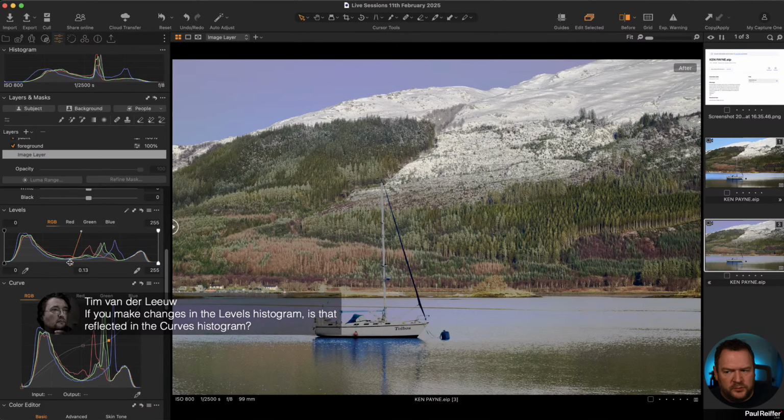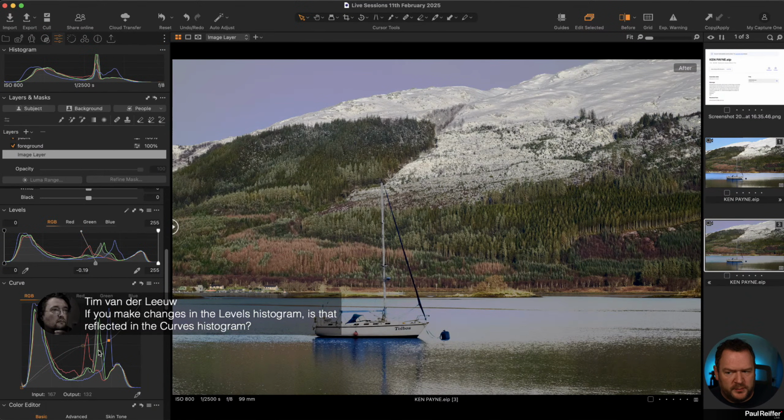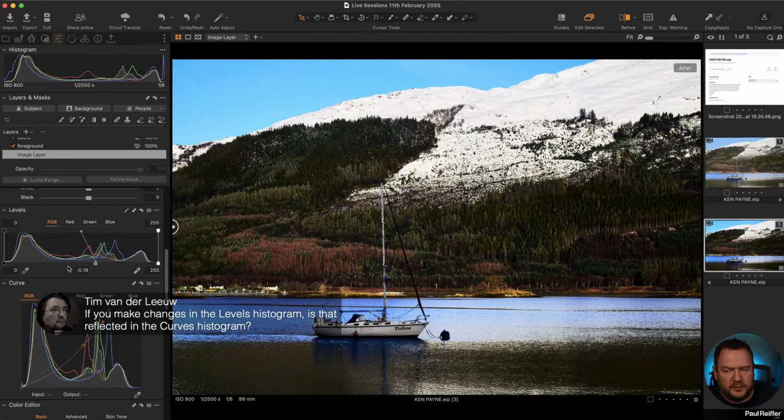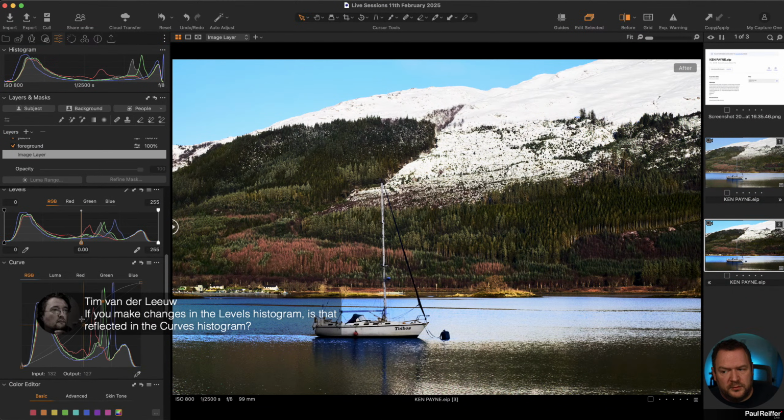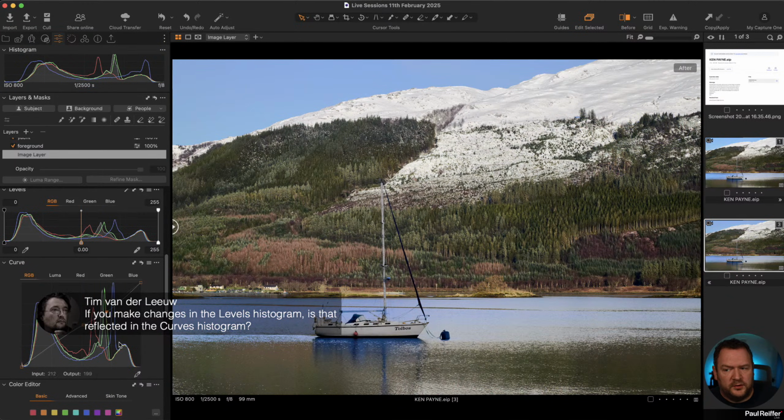In terms of levels, while it changes our reference histogram in curves, the curve does not change the levels histogram. So these two remain as reference based on, imagine this, all of the tools above. Curve will affect the output histogram, but it does not affect the reference of these two.